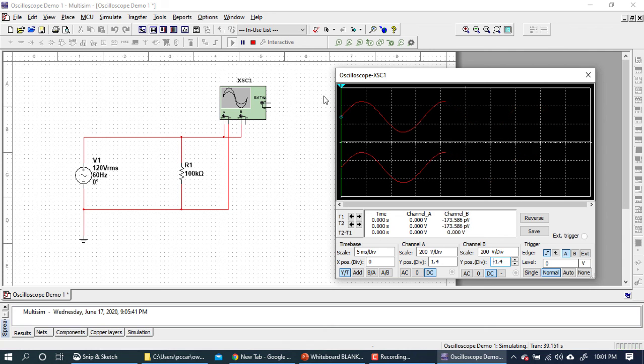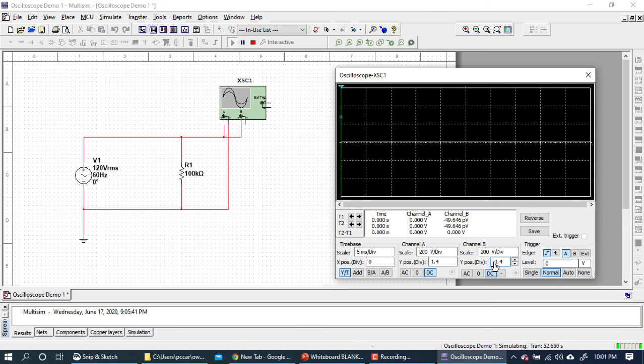Now you could bring a cursor over, for example, and you could see if both of these waveforms are in sync or if one is just a little bit ahead of the other, that type of thing. If you want to compare voltages of the 2, it might be best to have both of the waveforms one on top of the other, like we did earlier when we had the Y position set to 0. So that's the purpose of the Y position